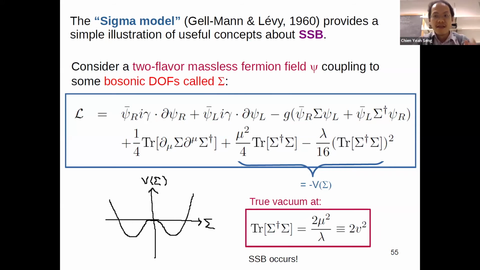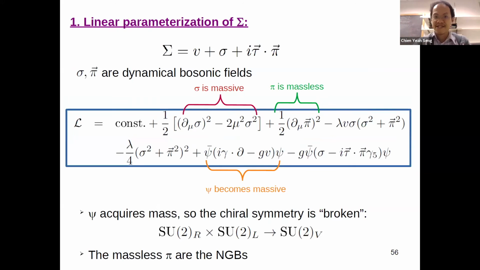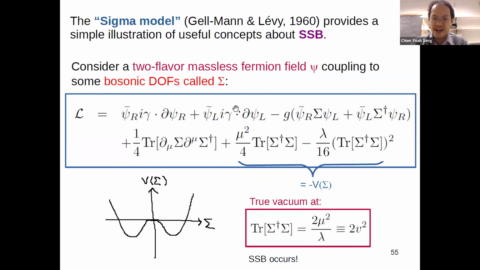So knowing this, we can now parameterize the sigma field. We introduce two different ways of parameterizing the sigma field. One is called a linear parameterization. So we first isolate this constant, and then the rest are dynamical fields. We call them the small sigma and the pi. The small sigma and the pi's are dynamical fields. When they are 0, the big sigma goes back to its expectation value, which is the v. So now in terms of this parameterization, you can plug it into the original Lagrangian, and you get